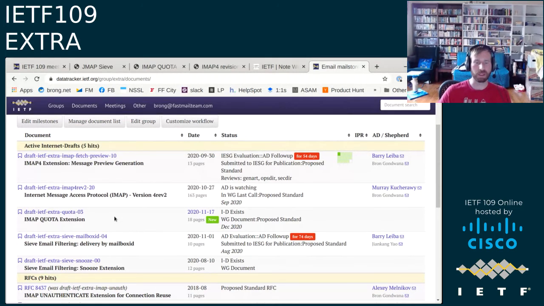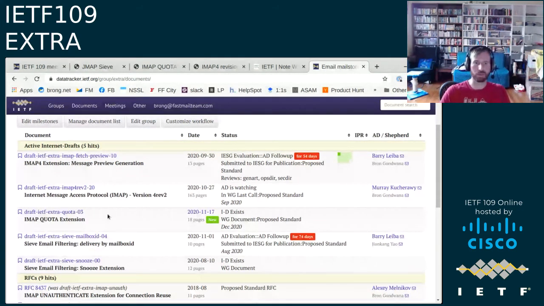Which one? The Fetch Preview? Okay, I guess the status of that is I need to go look at it. So let me do that while we're having this meeting, and I'll get back to you. Cool. I think the Fetch Preview is pretty much ready to go.